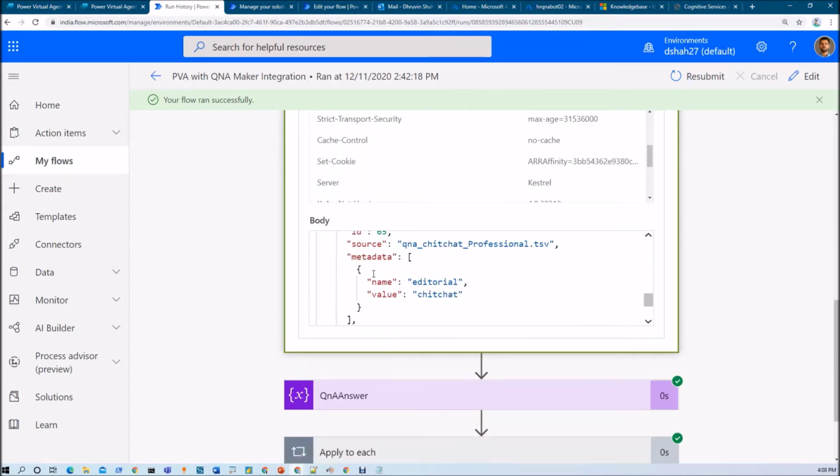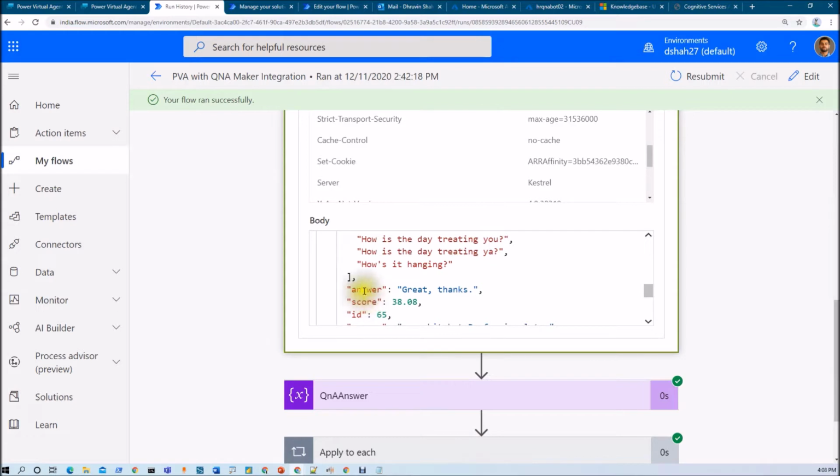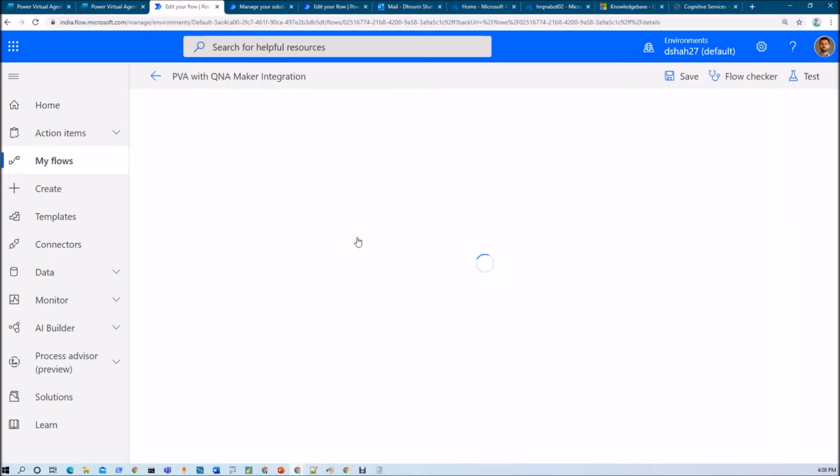In answers we have an answer tab, and with that we also have a score. Now if the score is less than 45, meaning it is not found from Q&A Maker, that is the condition I am going to define here, but based on your requirement you can change the score value. Now let me edit this flow and add one condition.